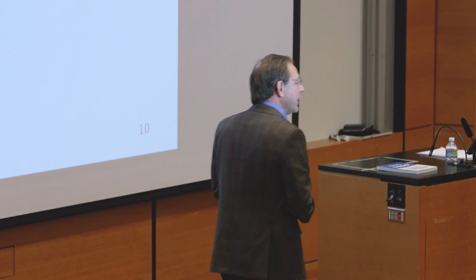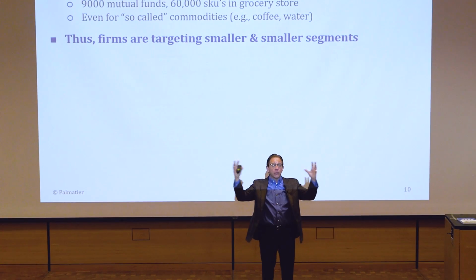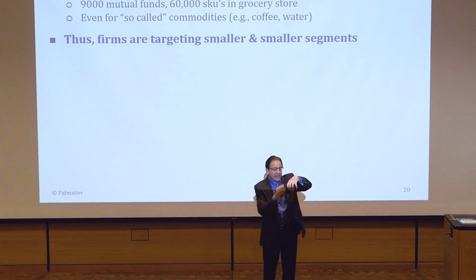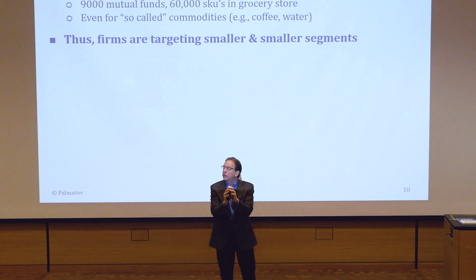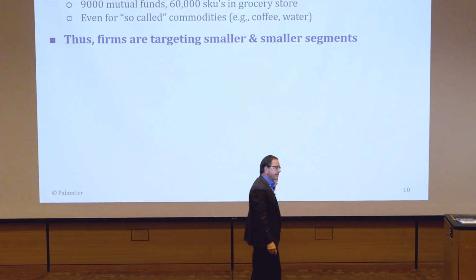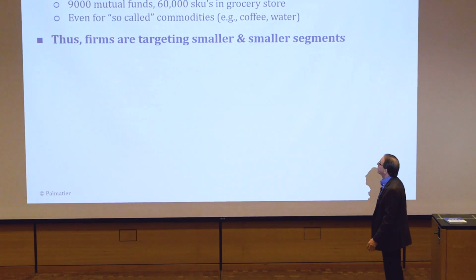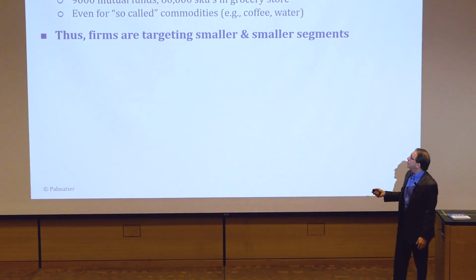So the way people are dealing with this is they're targeting smaller and smaller groups. Why? Because one of the things we learn is, if you target a big group and you average them all together, your product doesn't fit everybody very well. If I cut that group in half and I design a product that's perfectly suited for one part of that very homogeneous group, my product will fit their needs better. And that's why there are so many retailers, so many car brands, so many different forms of water. So the way firms are dealing with the idea that all customers are different is by targeting smaller and smaller segments.